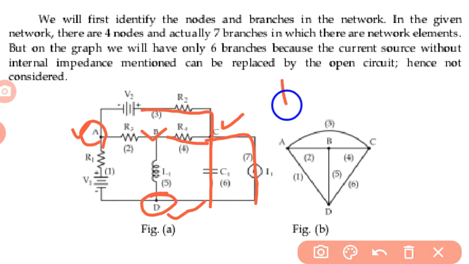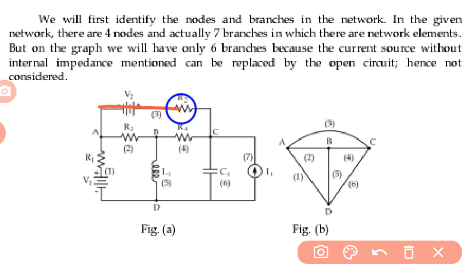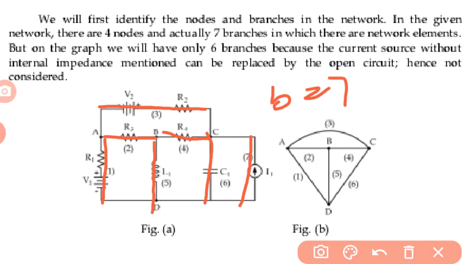So that's why the number of nodes N is equal to 4. The number of nodes existing in this network is equal to 4. Next, again the same thing, we are calculating the number of branches existing in the network. So this one is the first branch. Next, the 2, 3, next 4, 5, 6, 7. So these are the 7 branches existing in this network. So that's why B is equal to 7, N is equal to 4.